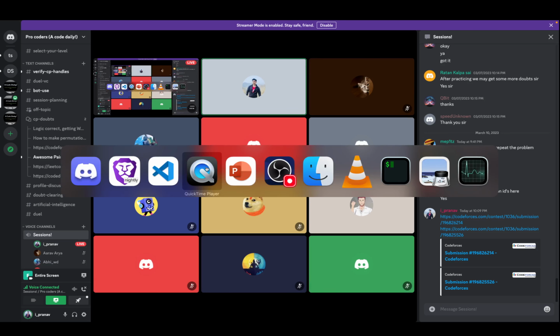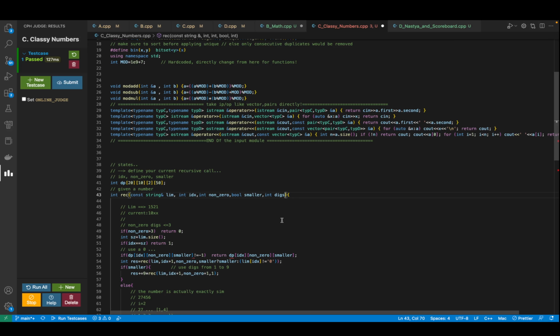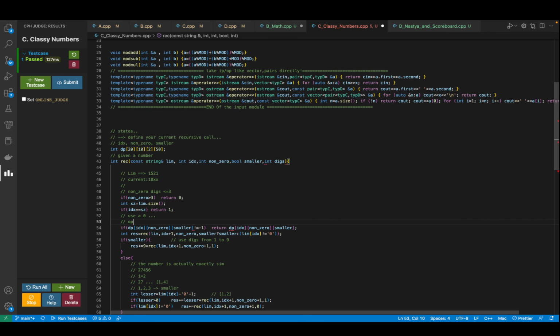Gotcha. The first thing is that I won't advise you to use digit DP, but in general, if you want to check how many digits to the left have already been increased, or if there's some kind of constraint, what you can do is pass in another variable over here. You can call it digs or whatever you want. When I operate something that increases the digits, I'll do the recursive call with all the parameters and increase digs by one. So you can do it in this fashion. Make sense?